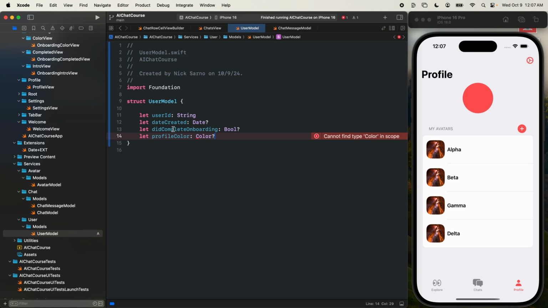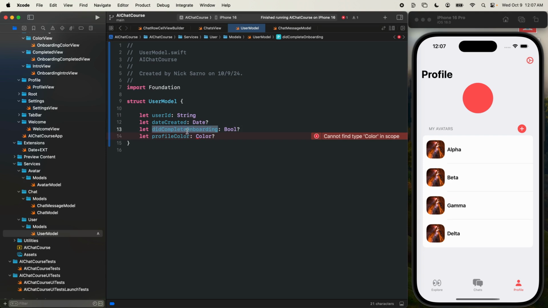Now let's talk about this real quick. didCompleteOnboarding. So after the user finishes the onboarding flow, we're going to set a value, obviously, to true. Why are we doing this? This is not something that we need to do, but you could imagine maybe your user has multiple devices or they change their phone and then they get a new phone and they sign in on the new phone. When they sign in on that phone, we want to check whether or not they already completed onboarding,